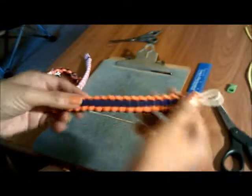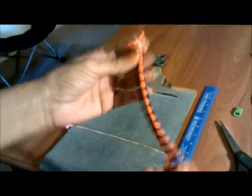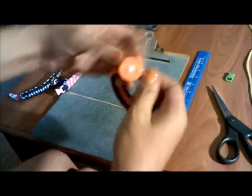Like today we'll be doing a simple cobra stitch. This is one that I did. It doesn't take very long, and I decided to do a button on it with a little loop, like that. It's kind of cute. But another one I did,